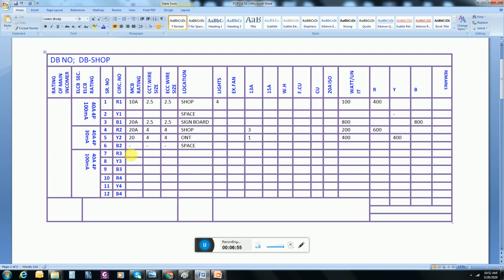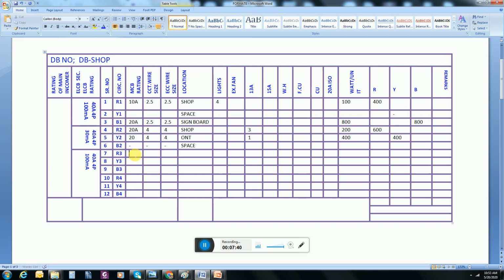Now the power socket for AC. How can we calculate the value of AC for a shop? It depends upon the size of the shop, then the level of sunlight, then we have to estimate how many persons visit on a daily basis. So on the basis of thermal calculation, we will calculate the rating of AC. But normally for a small shop, 3000 watt is enough.